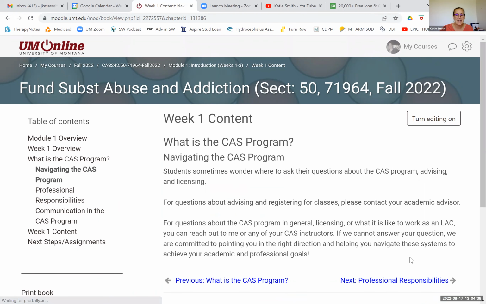So, navigating the CAS program. A lot of times students say, Katie, I'm really confused. I don't know where to ask these questions. For questions about advising and registering for classes, please contact your academic advisor. I can't give you a PIN number. I can't help you through that process. I can talk to you about the CAS courses and how they flow and make recommendations about when to take the courses.